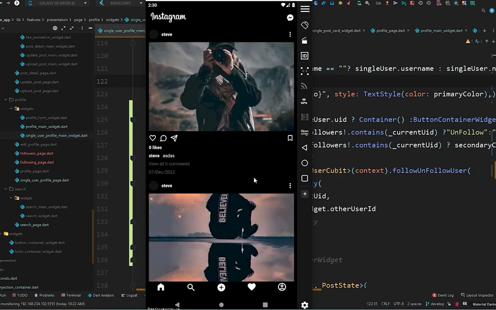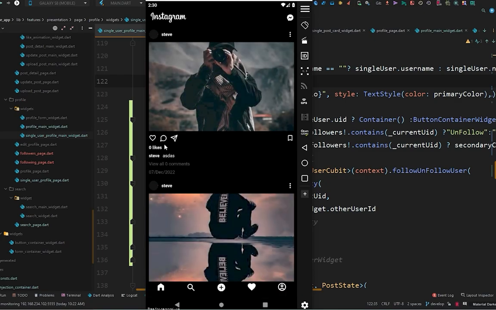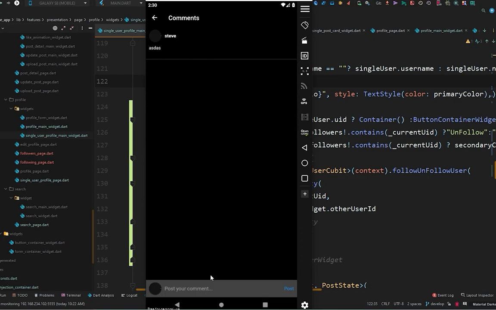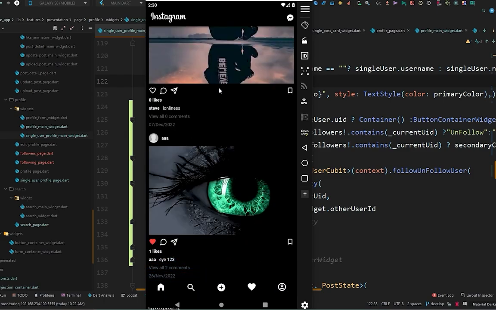So in the home page, we got all the users. We can like the post, unlike the post, and interact with the post. This is where to update or delete the post. We can comment on the post and reply to the post. We can like and comment also on the reply. We can go to the user